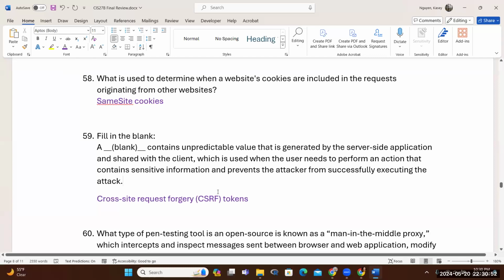The keywords here are the unpredictable value that's generated on the server side. So that is a token. And we would use this to prevent cross-site request forgery, your CSRF, because the token allows the user to perform a certain action